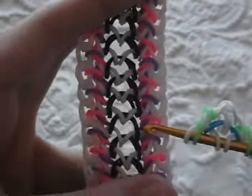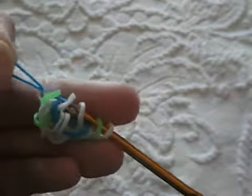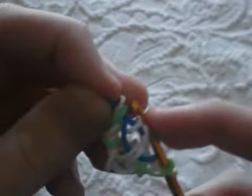So I'm going to show you 3 more times. And this makes the center-ish piece from here to here. We will need to add extra borders later on. I will show you how to do that, but I'm just going to show you 3 more times how to do the center-ish piece. So you take the centre band, pull it through the first 4, reclaim the outer 2 loops,